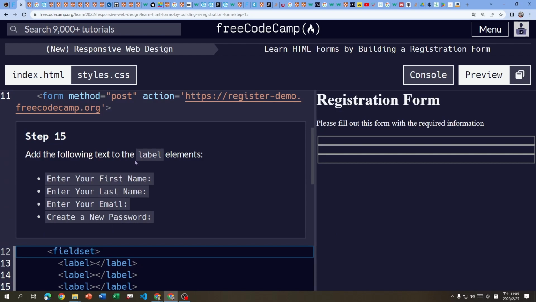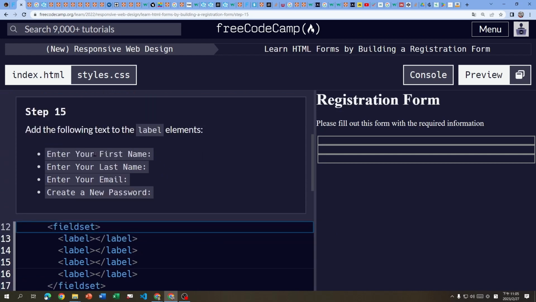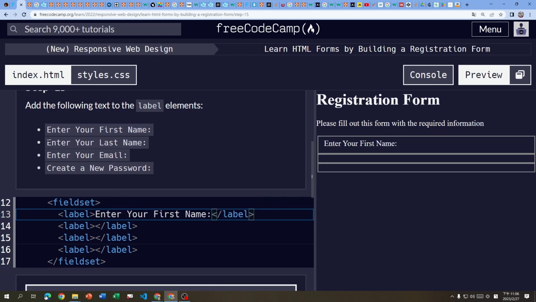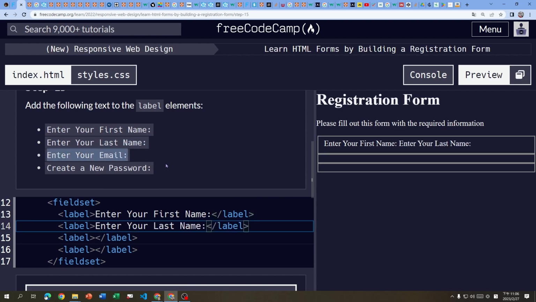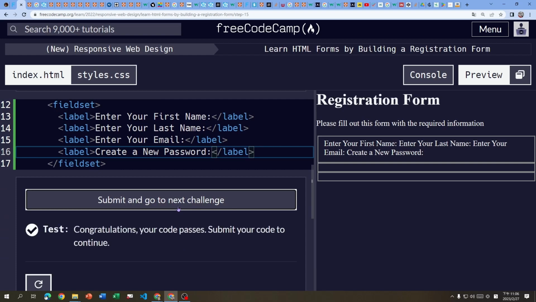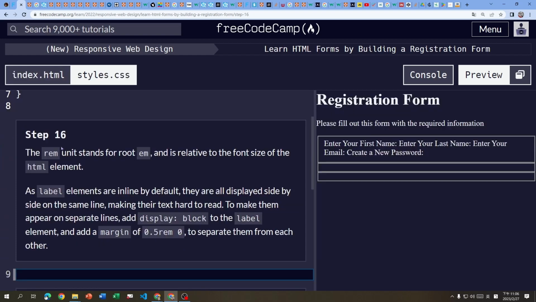Step 15. Add the following text to the label elements. Enter your first name, enter your last name, enter your email, create a new password. OK，没问题，把它加进去。但是目前它都挤在一起啊，就是一组，一个 section，一个 part。